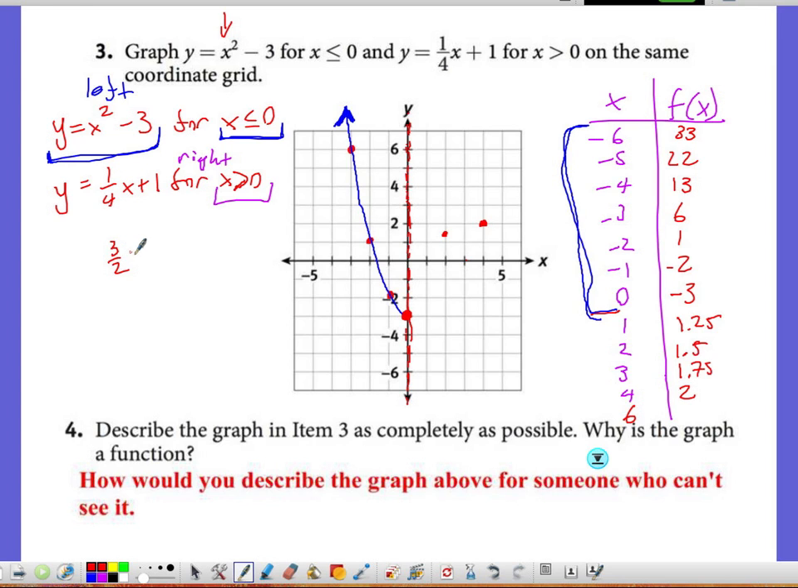6 times 1 over 4 is 3 over 2 plus 1. Well, that's 1.5 plus 1, which is equal to 2.5. So we have 6 and 2.5, which is right here. And when we connect those lines,